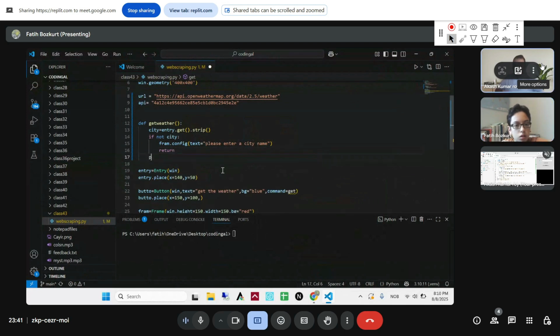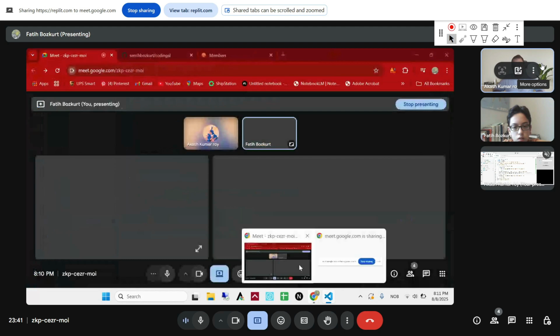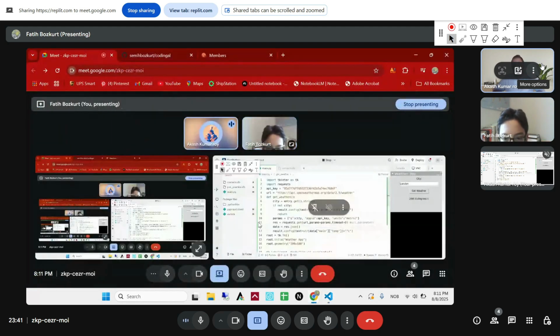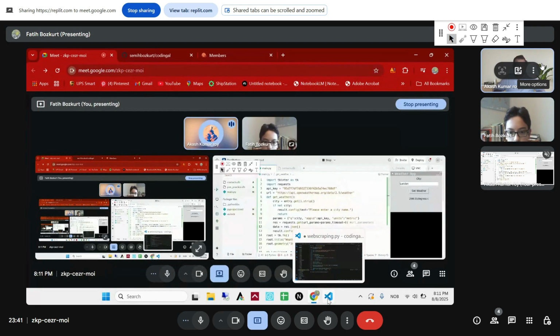Okay. So if someone is not entering anything inside the entry section, we just have to return by showing one message that you need to enter some city name. Okay, cool. And now we need to send the get request